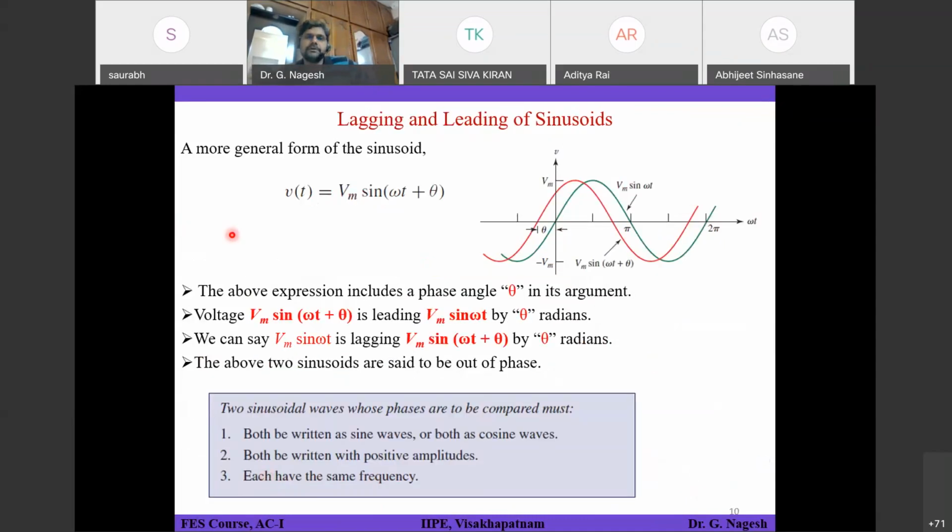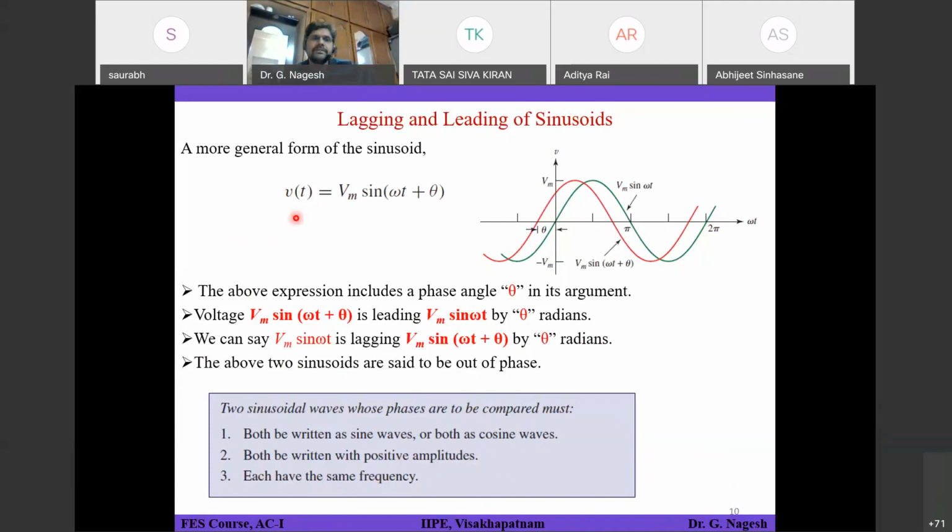So we have seen what a sinusoidal voltage waveform is, what amplitude is, what time period is, what frequency is, and what omega stands for. We have seen how the physical rotation of the coil, which is omega radians per second, is converted into an equivalent sinusoidal waveform which is a function of time. Because of the physical rotation of the coil, we have generated a voltage waveform which varies with respect to time.